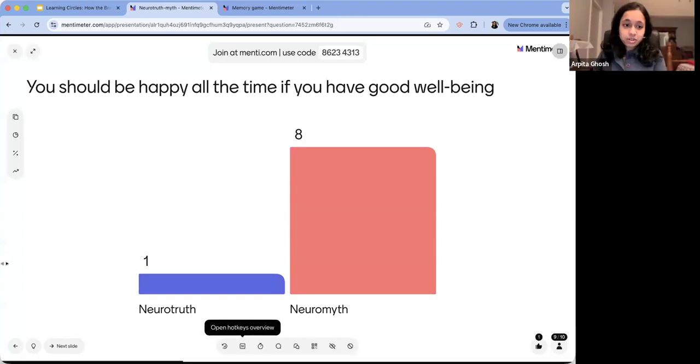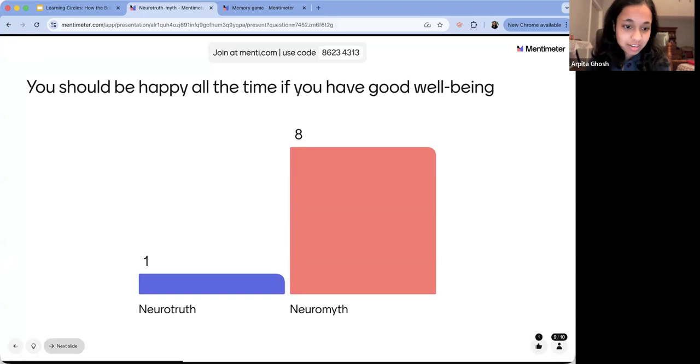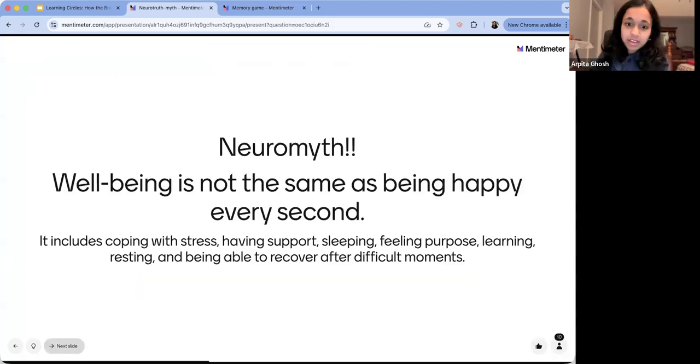Great. I think we got great perspectives from both the speakers, and it's actually a neuro myth because well-being is not about being happy all the time. It also depends on what the professor mentioned: what do you think happy is? How are you measuring happiness even? And what do you think well-being is? How you define them is also very important